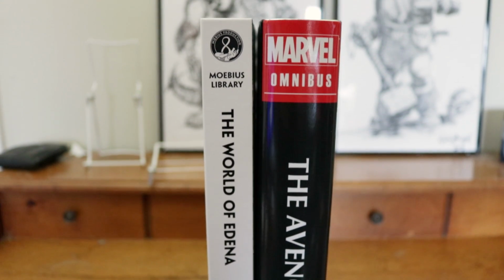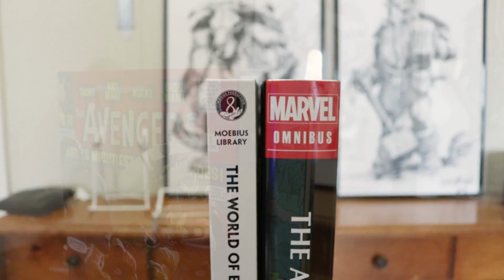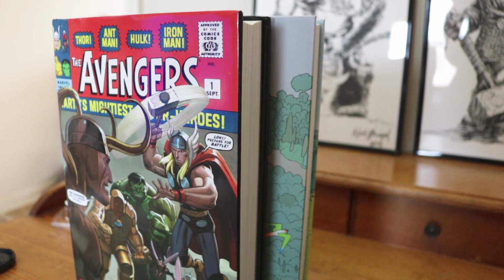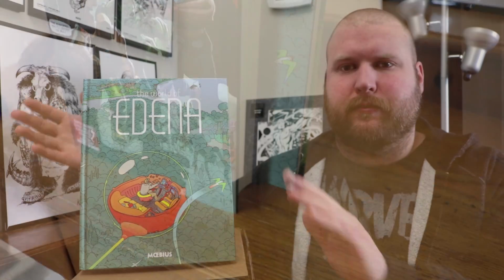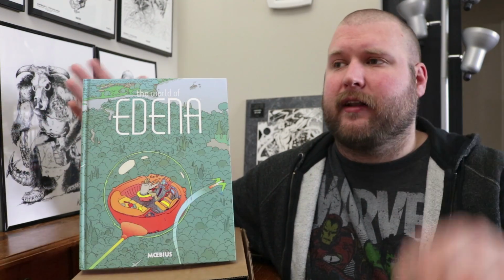It's about the same height, I believe, as an oversized hardcover, like a deluxe American hardcover, but it is wider because European graphic albums are produced at a wider format than American comic books. This book collects six, sort of, if you count the first story, Repairs, but five main pieces